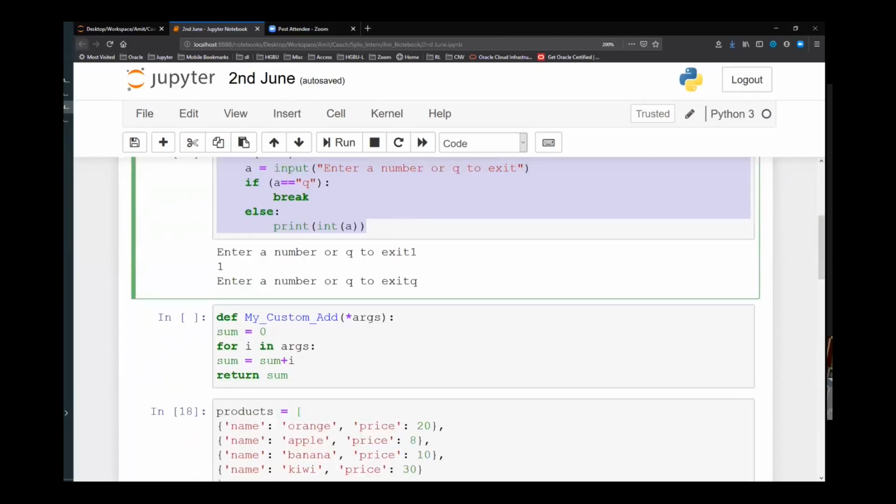Let me just go through some of the questions from the chat. Bijay Jaina is suggesting one good thing, list comprehension. So I take that one and we will be discussing that today. This is off topic, not related to functions as such, but we will discuss it because I had already planned this for today: list comprehension, dictionary comprehension, and set comprehension.